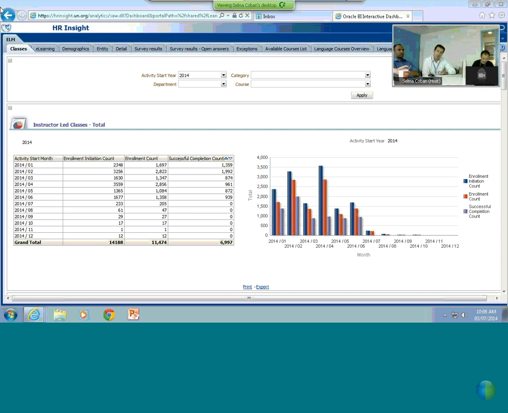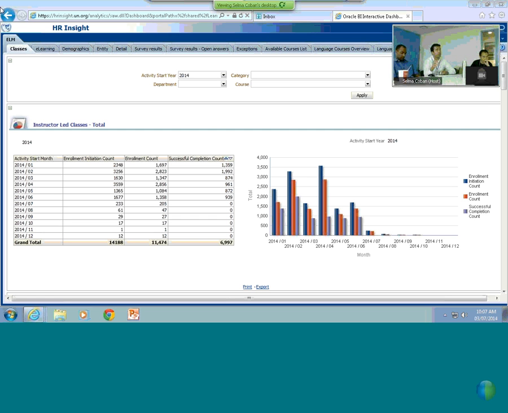That's the problem, right? What I'm describing is the problem that many learning environments have. So this is actually the answer to some of those problems. HR Insight is a tool that is capturing all the information on the learning management system. What I'm going to show you is just some initial dashboards that are already created on Steerabot. You can export the data, and also you can create your own reports.